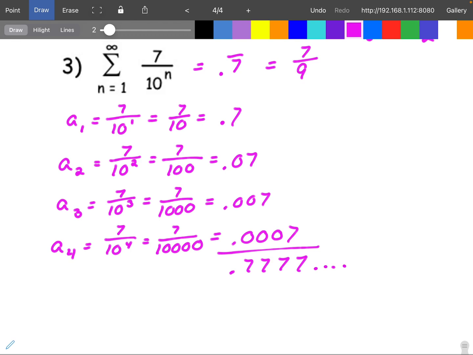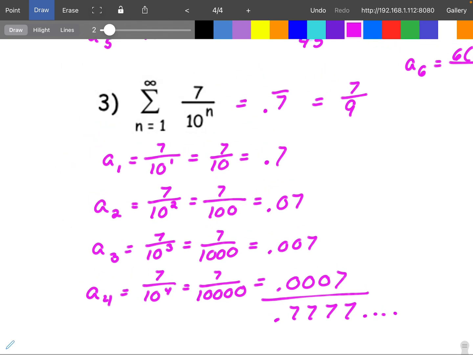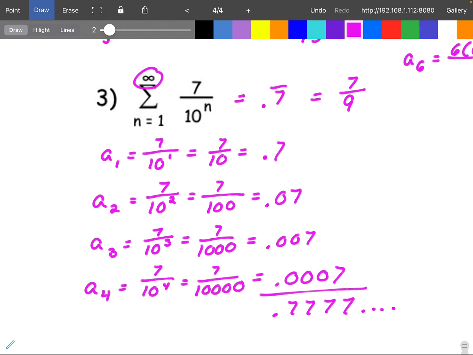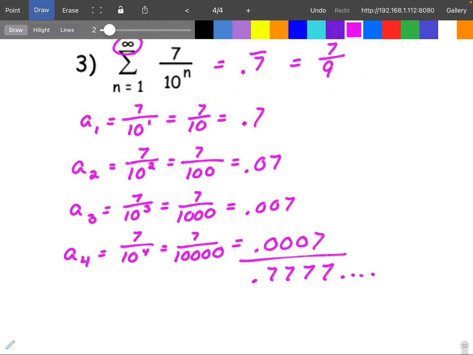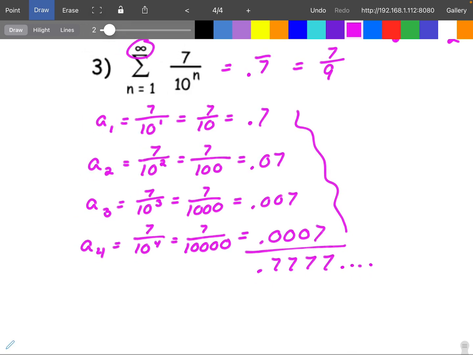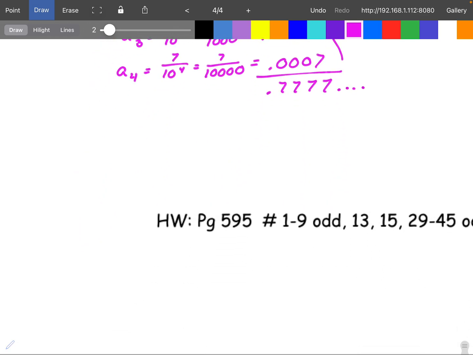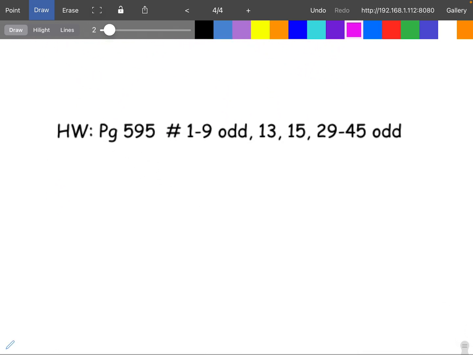7/9. If you don't trust me, put it in your calculator. 7 divided by 9 comes out to be 0.77777, and on and on and on. So even though it looks like this is going to be awful because it says we're going forever, once you write out the first few terms, you can start to see your pattern, and then you can kind of just go from there. All right, so that is really all we have today for our general sequences and